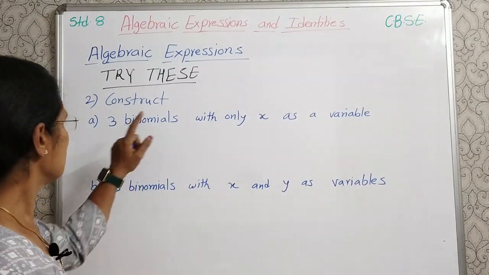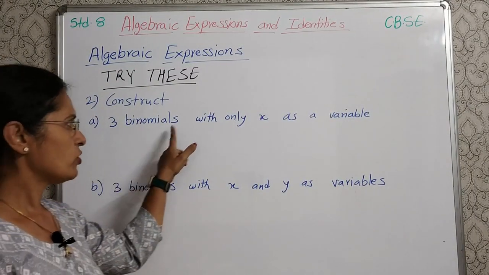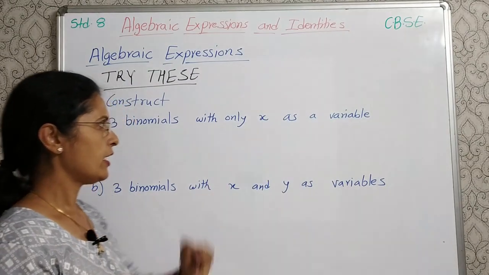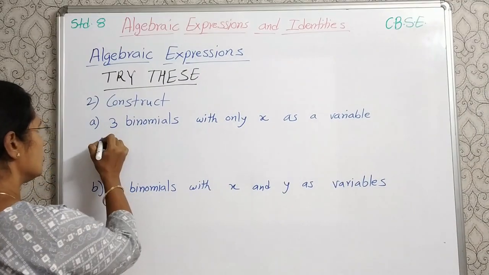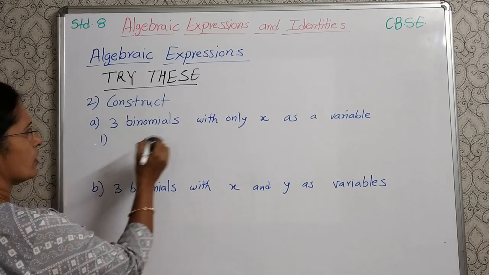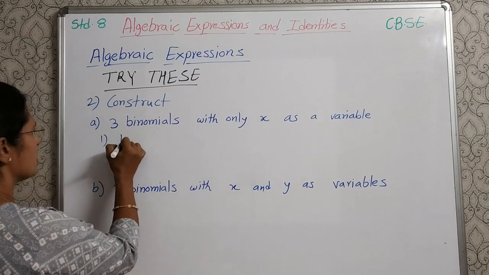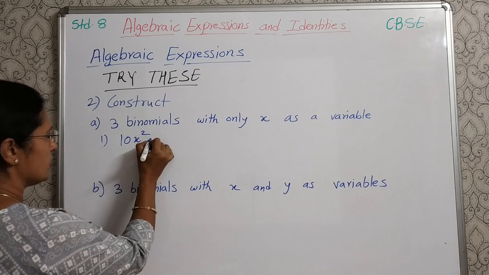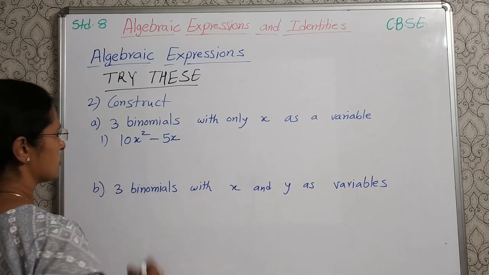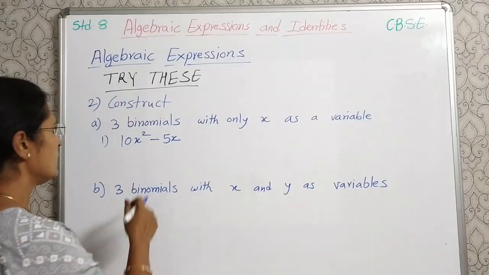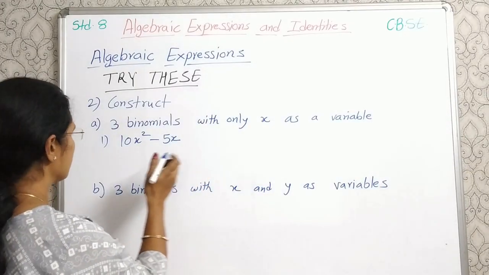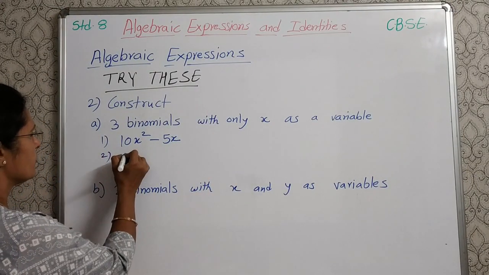Next, construct three binomials with only x as a variable. We need binomials, which means only two terms will be there, with variable x. So 10x square minus 5x. There are two terms and therefore this is a binomial with the variable x. Second,